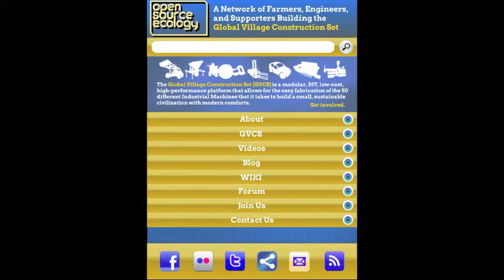On the top of the page, you will see something familiar. Yes, that is the open source ecology logo. I decided to incorporate that into the mobile site, as I believe a custom site logo should always be consistent within its mobile brother. However, you must notice the slight change of the design. I wanted to keep it practically the same as the desktop site, with as much minimal changes as possible.